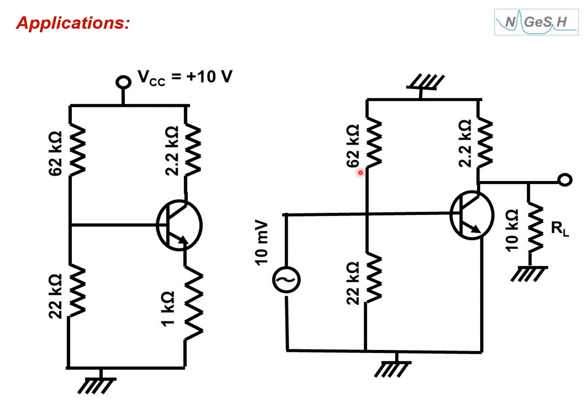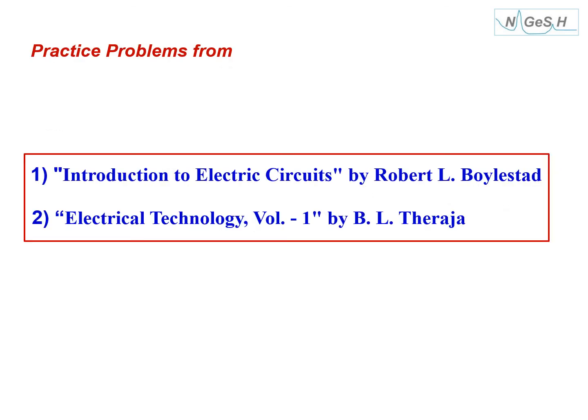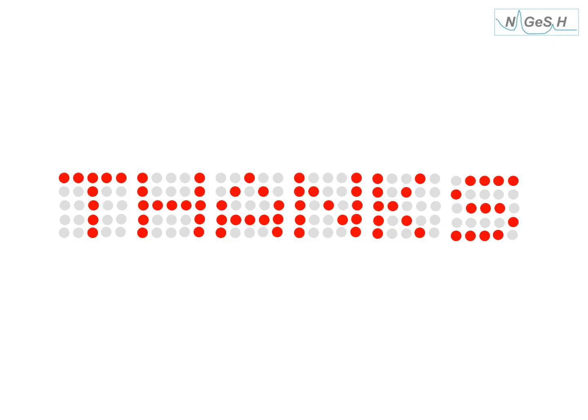Now we will further analyze it when you learn the transistors, but I am just telling the application of superposition theorem. Then you will know what is the gain of the amplifier only by this method. Later you will have to model this transistor into some source and other things, which we'll learn later. So I suggest you solve some problems again from the same books, Wildstead and B.L. Thereja. You may try some problems from these books. Thank you very much.